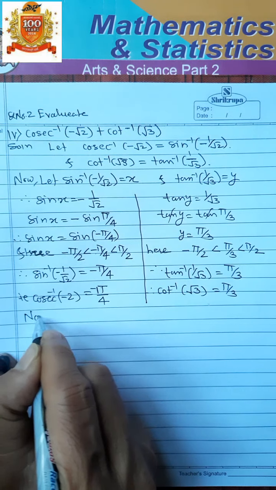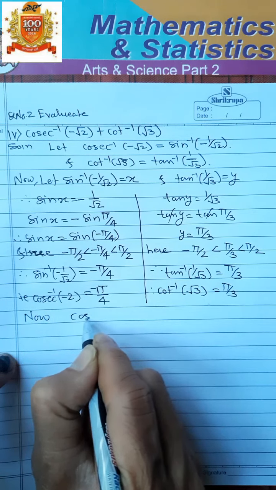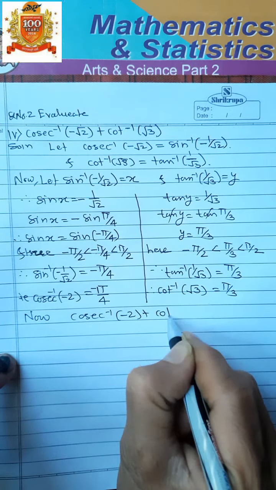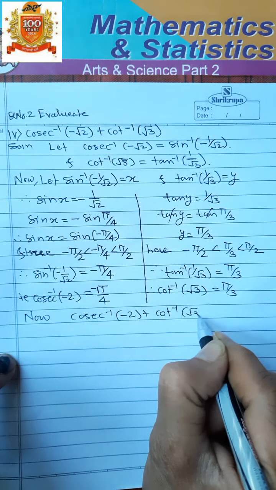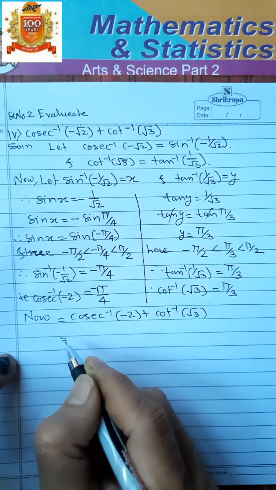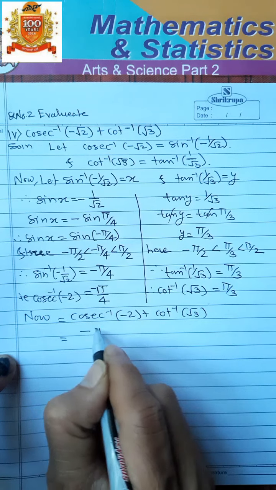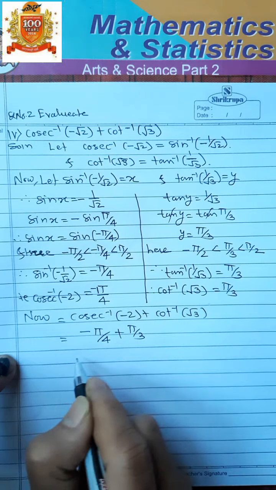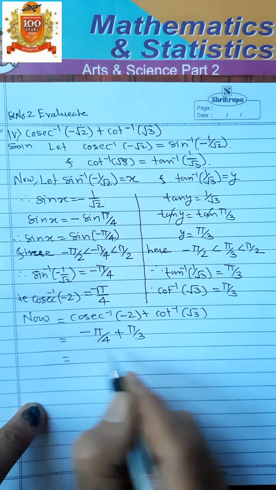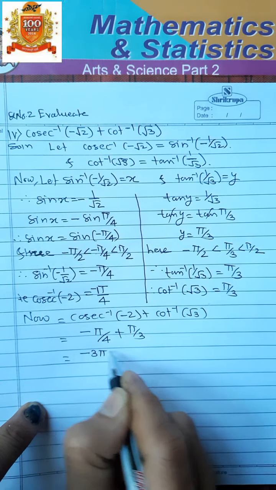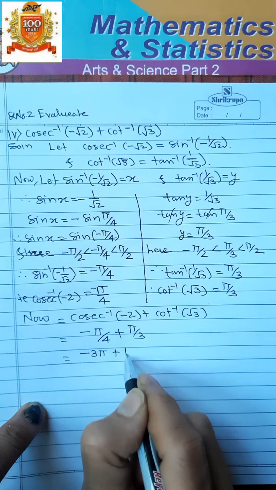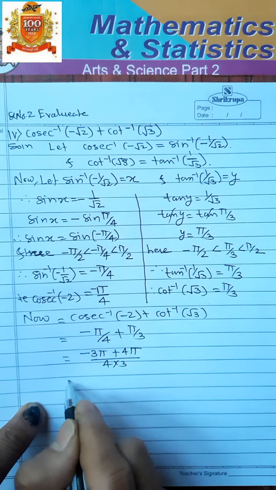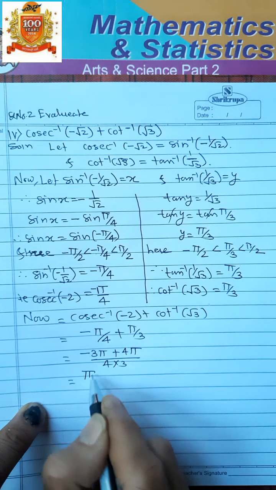Now, cosec inverse of minus 2 plus cot inverse of root 3 is equal to minus pi by 4 plus pi by 3. That is equal to minus 3 pi plus 4 pi upon 4 into 3. That is equal to pi upon